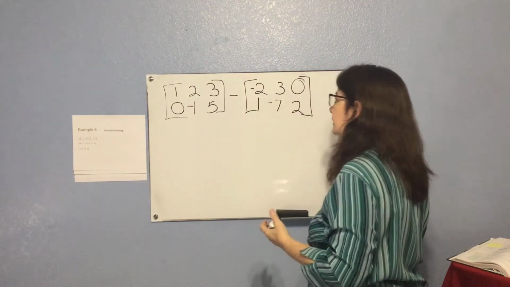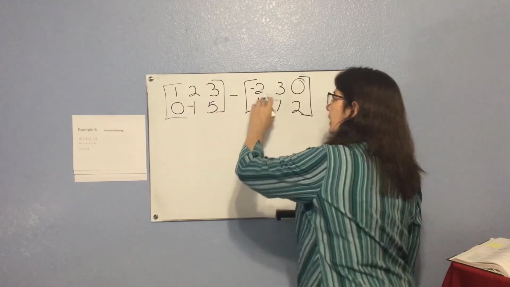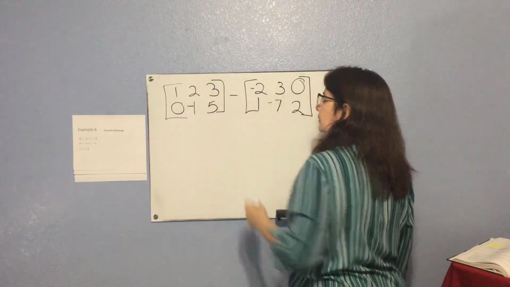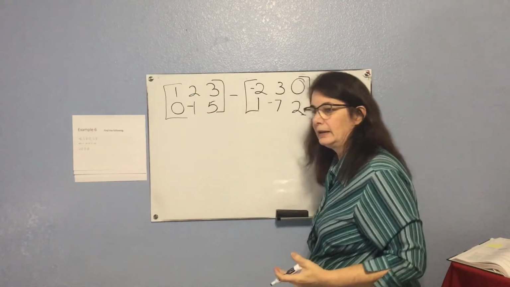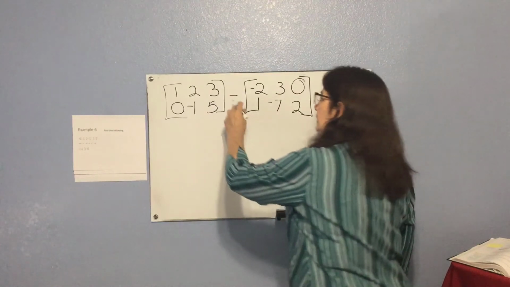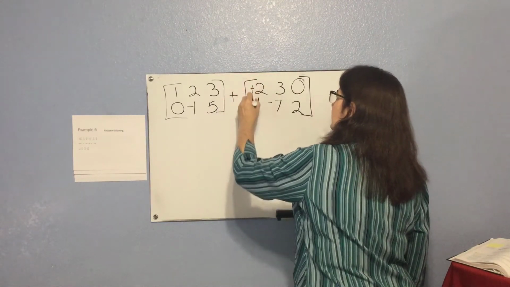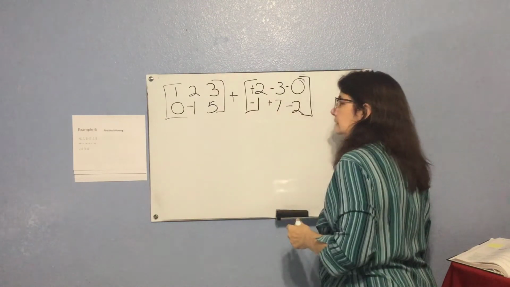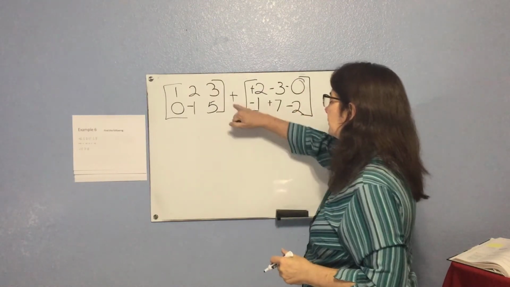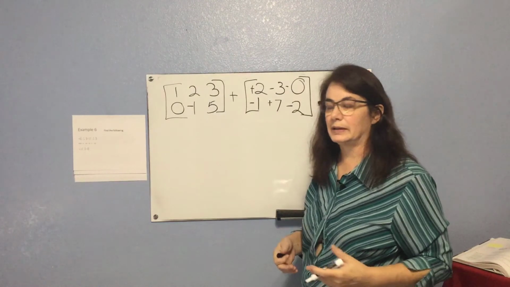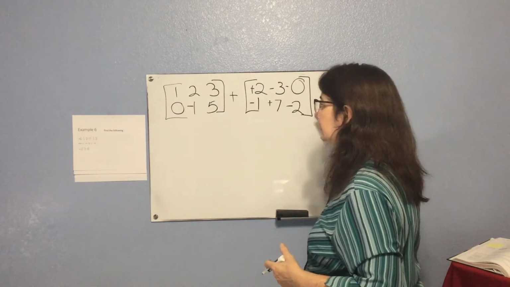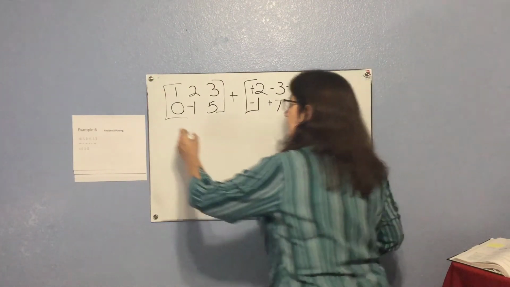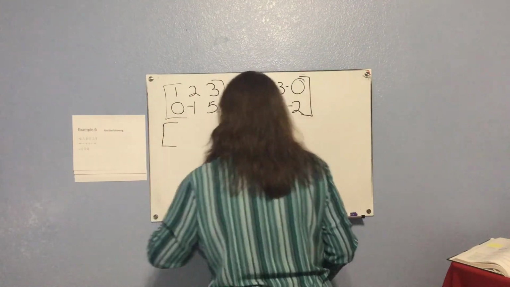Okay, to subtract these matrices, I just subtract these numbers from these numbers. Some of you might find it a little bit easier if you change this to addition and then just change all the signs inside the matrix. Especially when we're subtracting negative numbers, sometimes it gets confusing. So I like to do this, and I get a result